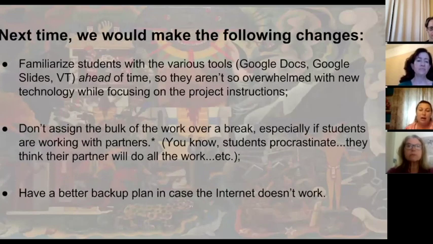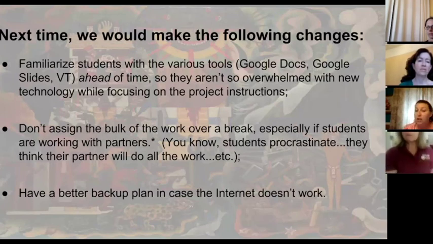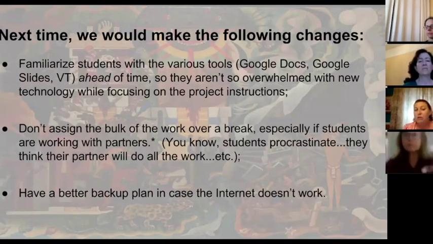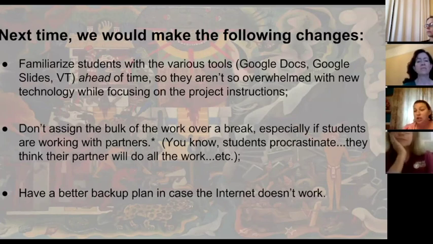But suggestions moving forward, things we would do differently. Familiarize your students with some of these tech tools before they do a major project, just so that they don't feel as overwhelmed with the technology. It actually would become a more invisible part of the project, and it would allow them to focus more on that project itself and completing the research and thinking critically. So you could do smaller classroom assignments, like using Voicethread to do an introduction discussion board type thing at the beginning of the year, something like that.